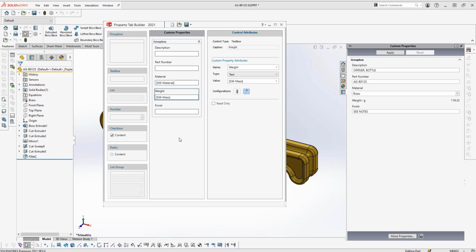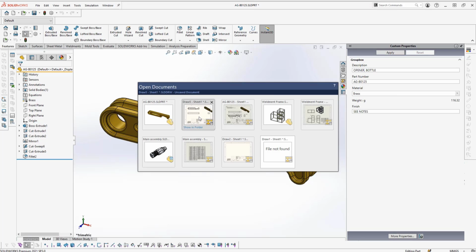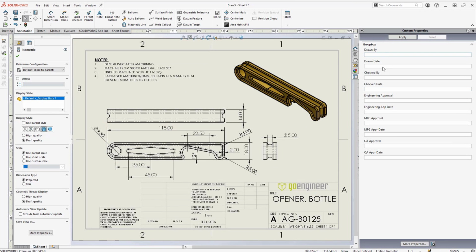If you want your drawing to say if it's a purchase part, if it's made in-house, you can do a checkbox. You can do a list group if it's a purchase part. Maybe you have a list of preferred vendors. If you're a machine shop, maybe you have a certain machine you want it made on, you can have a list that way. You have that all built into the custom property tab on the right, and then that populates on your drawing. On the drawing side,